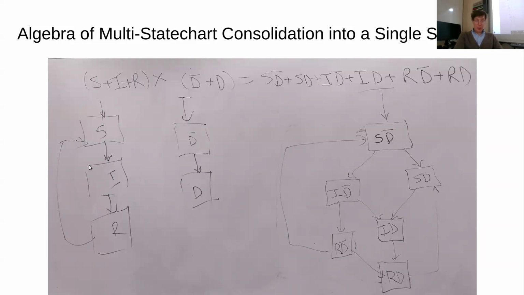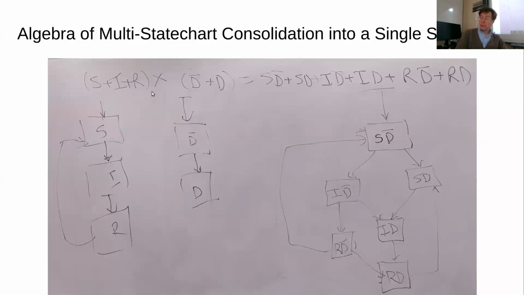we can think of the states for this first one as being characterized by either being an S or I or R, and this one here being in either the no heart disease state chart or the heart disease state chart. I put D bar according to the tradition, and you sometimes see in logic, certainly you see it in computer engineering and Boolean signals, where we put a bar over to indicate not. So no heart disease, heart disease. These are the state possibilities for this state chart. These are the state possibilities for this one. And putting them in parallel